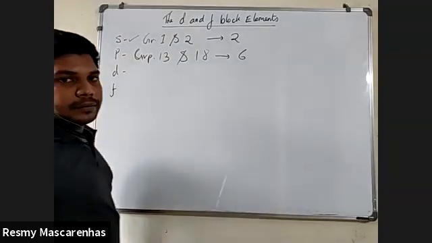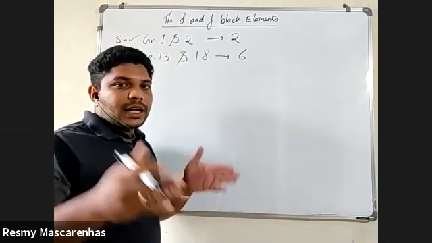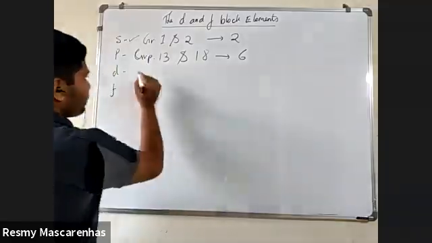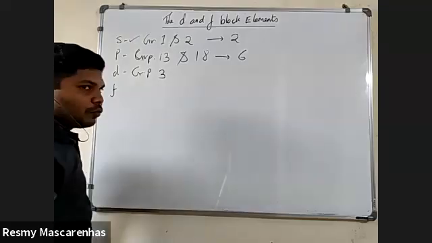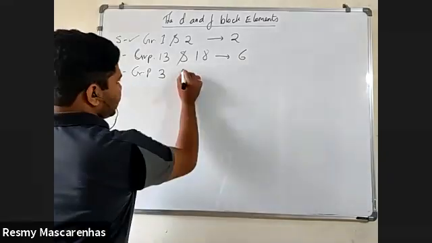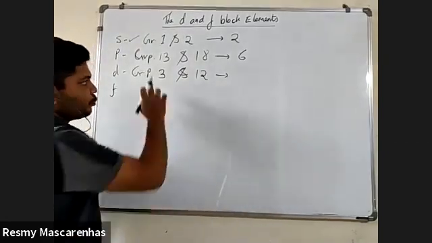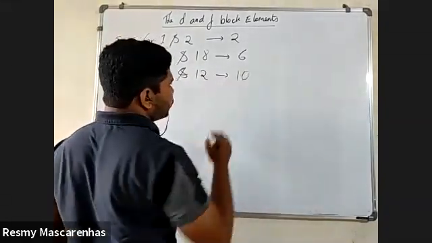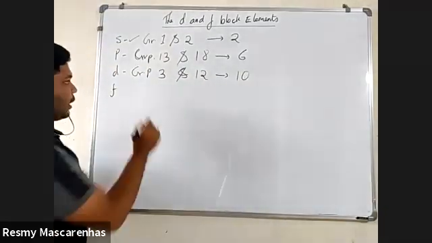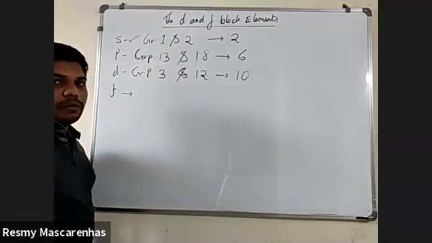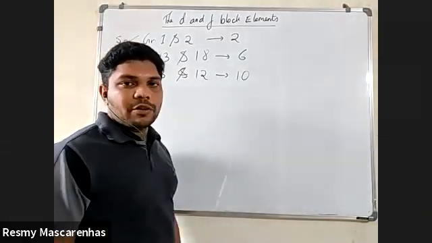d orbital. Now d orbital starts from which group? From group 3 to 12. Very good. So if you count this, then it will come to 10. Okay. F orbital. Now what is here with respect to the F orbital?